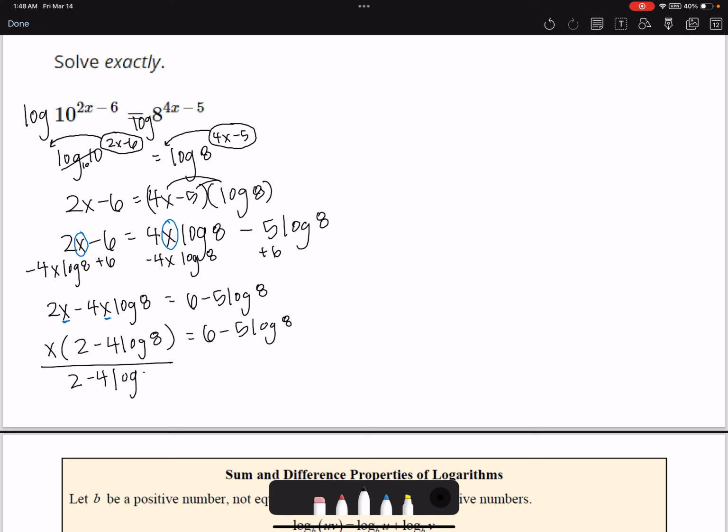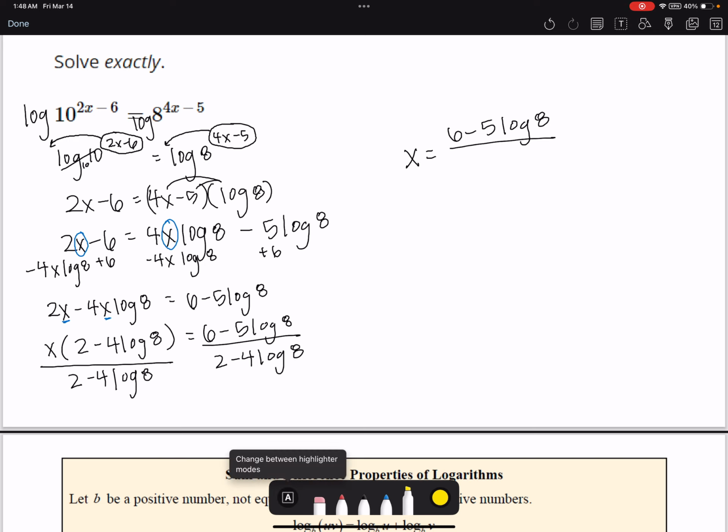This process is pretty common. I feel like sometimes it's not the first thing you think of, but if you can manage to get everything with the variable you're looking for, so in this case we have the x's, that's what we're looking for, right? So if you can manage to get everything with that same variable on the same side, then you can factor it out and divide. So we've done that before, so hopefully that didn't feel too confusing, but this would be